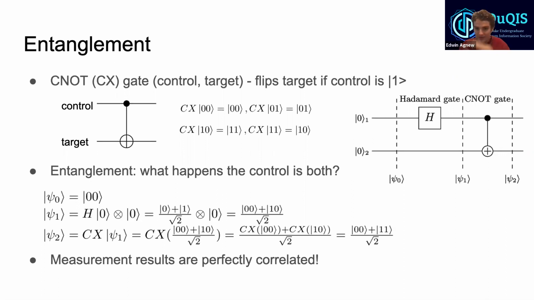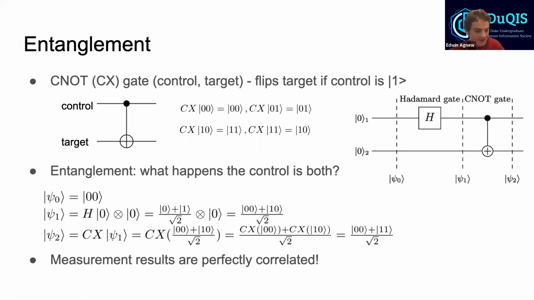So you could imagine it has split the qubit, and now it will follow both paths. So it will apply a CX to the 0, 0 part, which is to do nothing to it. And it will apply a C0 to the 1, 0 part, which means it will flip the second qubit. This means that our final state is 0, 0 plus 1, 1 over root 2,